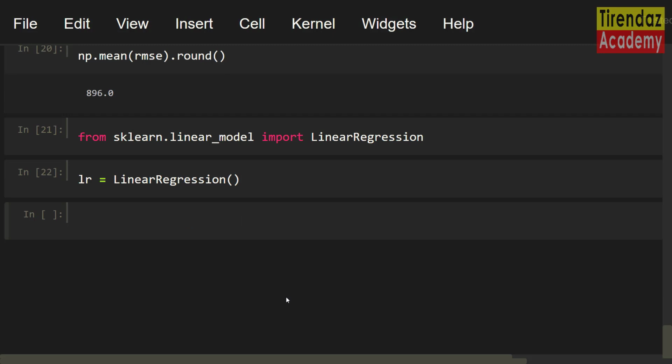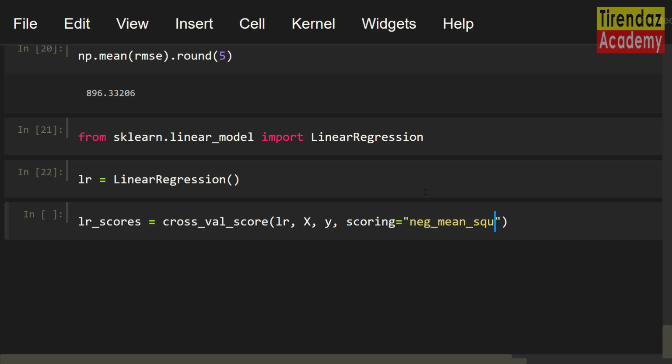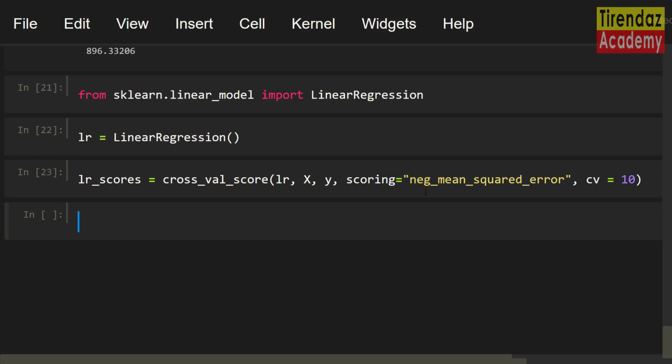After that, I'm gonna build the model with the cross_val_score technique. lr_scores equals cross_val_score. Let me set the linear regression model lr. After that, I'm gonna write X and y variables. Let me specify the scoring parameter neg_mean_squared_error, cv equals 10. Cool, the model is built.